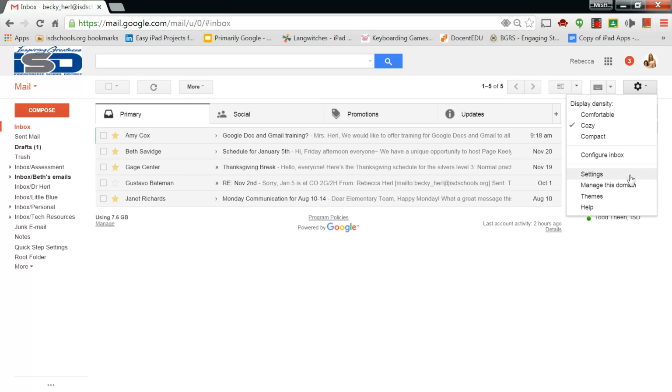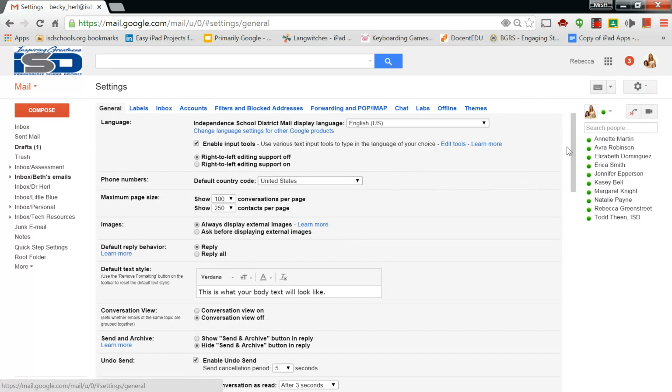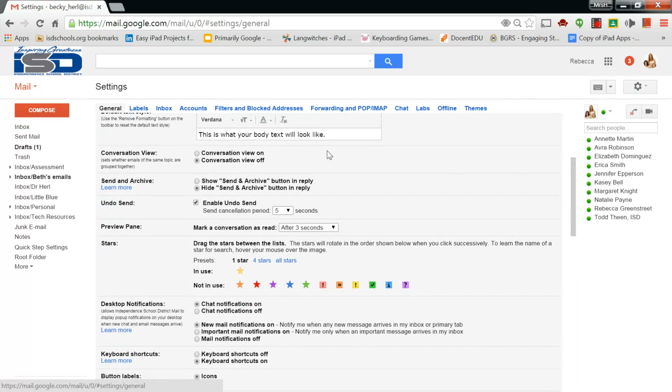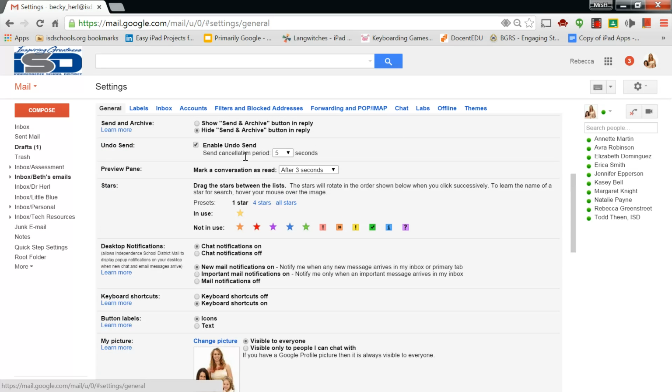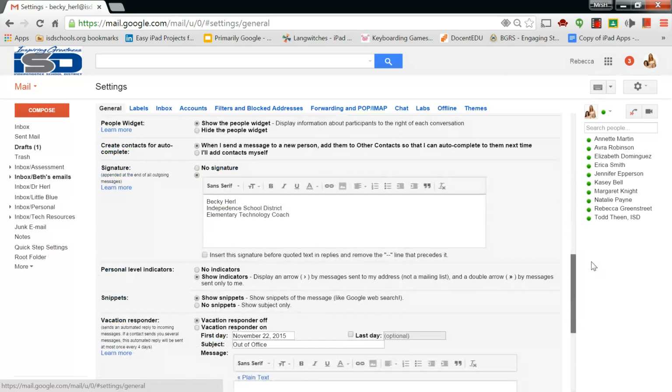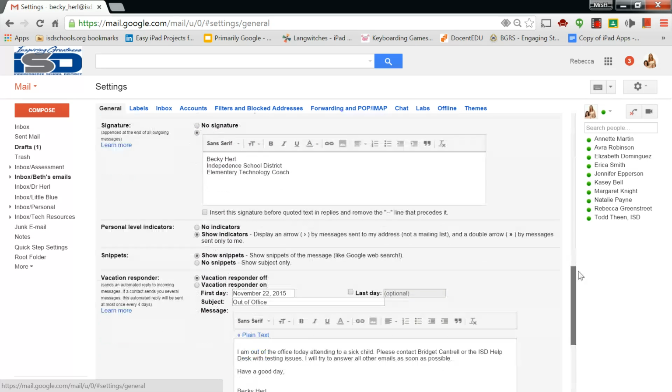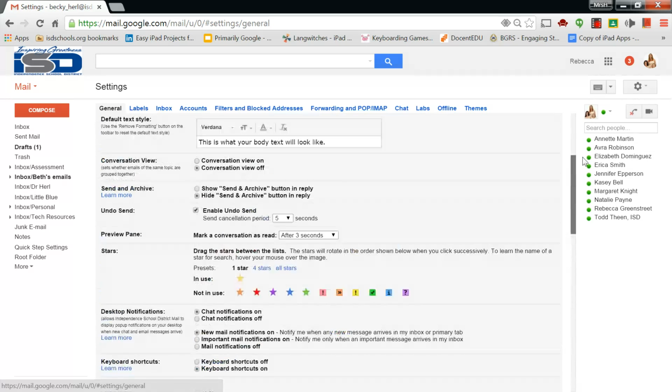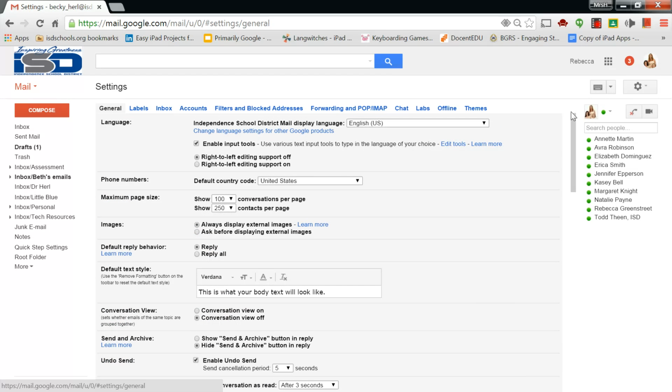I can change a number of settings, modifying whether or not conversation view is turned on or off, how long emails will wait before they send, allowing me to cancel anything that I need to. I can also create my signature or my out of office. Now, there are a number of settings here, so we're going to explore these in greater detail in a later